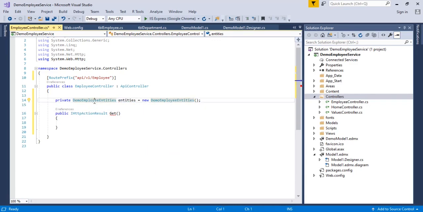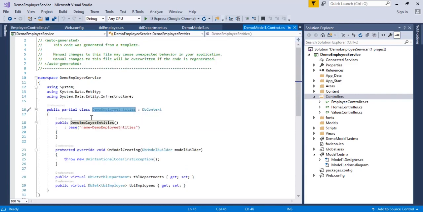Go and see the definition here. Basically, why are we using this? We are going to establish a connection to the database. That connection information is present in this demo entities class. Using this class, we are going to access the tables, table departments and table employees. The table information is present in the demo employee entities, which is implementing DbContext.